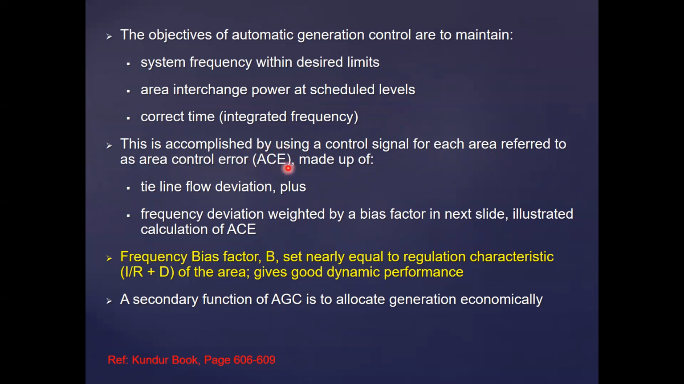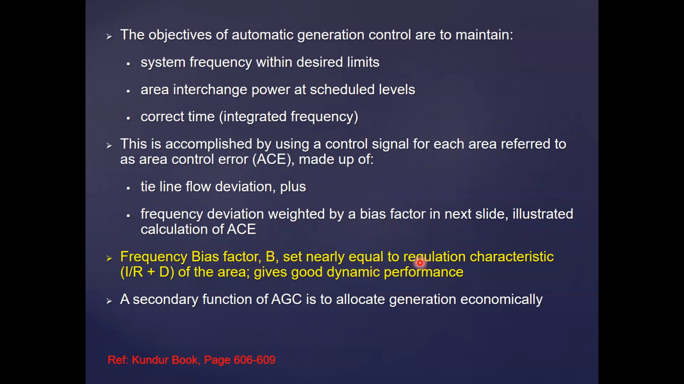This control signal, area control error, will have two components here. The first one is the tie line power deviation, the power flow deviation. That is the first component in the control signal here. And the second part is the frequency deviation, but with a weight introduced, in terms of a bias factor. So here we introduce a frequency bias factor,